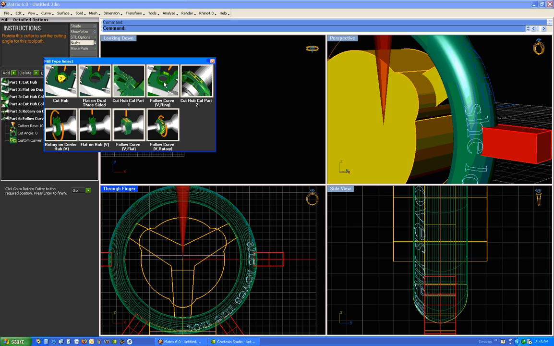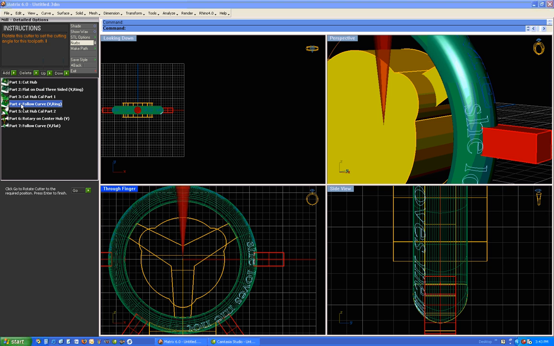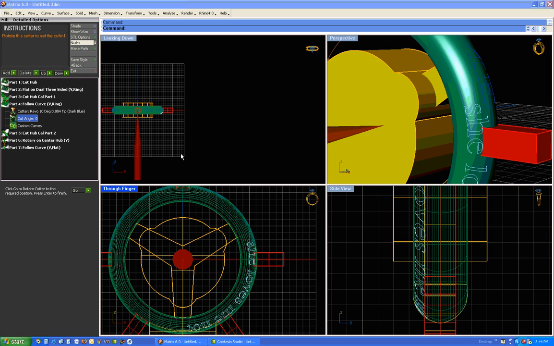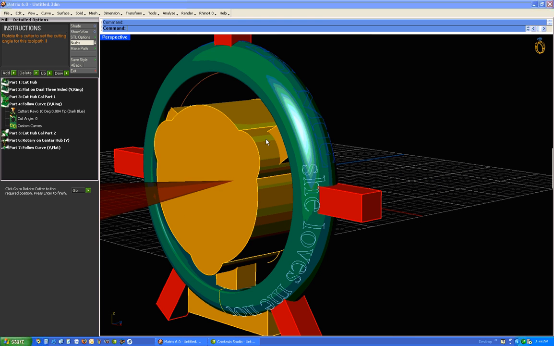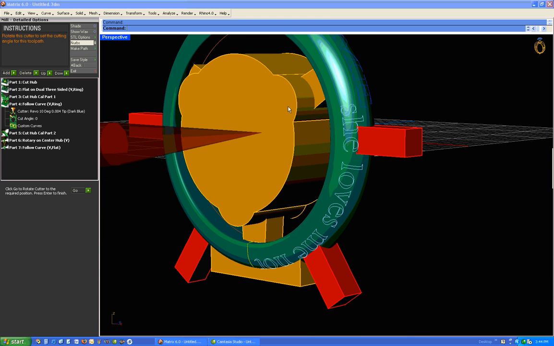Not right. I should have picked follow curve vertical ring. That's the one I want. That's auto flip, and you can see it's put in the stack in its proper location. Again, angle 0 is from the correct side, the side that we would want to address the letters She Loves Me Not. What we're going to do is click on that,